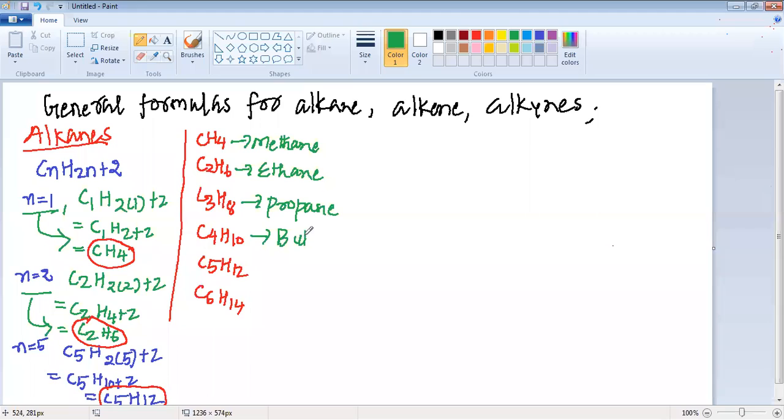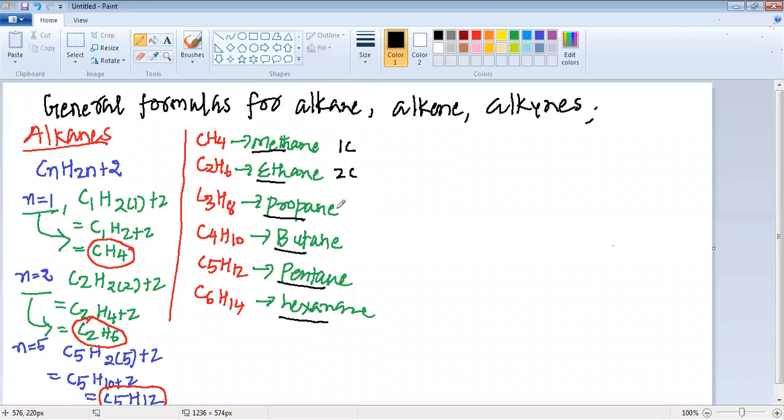Then you have butane, my dear students. Then you have pentane. And then you have hexane. So now there are something which represented by this underlying word. This meth represents the 1 carbon, eth represents 2 carbon, prop represents 3 carbon, but represents 4 carbon, pent represents 5 carbon, and hex represents 6 carbon. Same way, my dear students, let's have